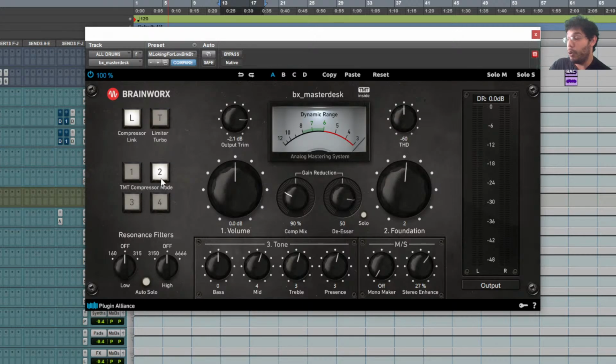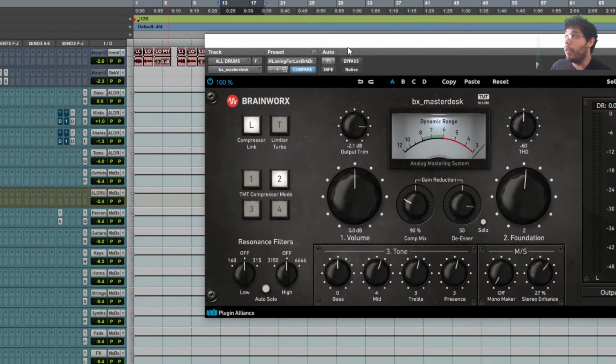Like I said, if you really want to dial in on this plugin and know how to use it, you can check out my tutorial on it. It's how to use Plugin Alliance Master Desk, I think it's called, the video. It's super dope. I explain every single knob on it, but this is the one on how I got the width on the drums. And the way I did it on this record,